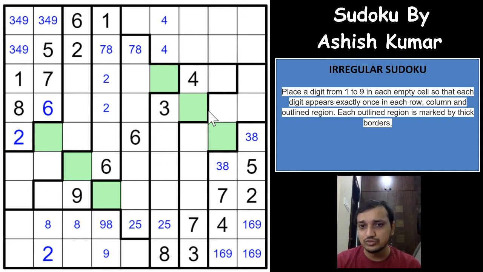Some irregular Sudokus have such logic, and sometimes it is very difficult to extend it to the third region. You'll have it till the second region, but in this Sudoku it extends to the third region. So what digit can you have here? It cannot have 1, 7, 4, 3, 8, 2, 5, 6, 9, and 6 cannot be here, which means 2, 5, 9. 2 cannot be here, which means 5 and 9 are the only possibilities in these three cells.